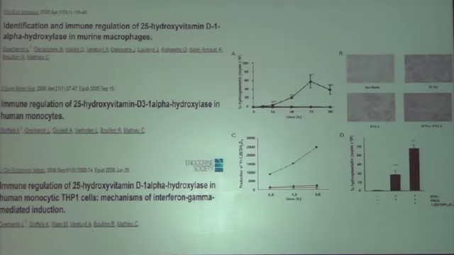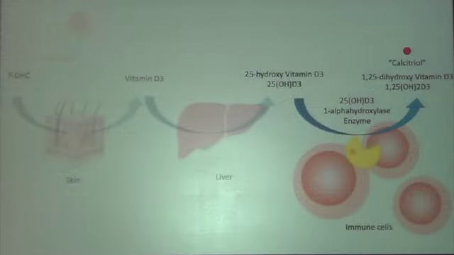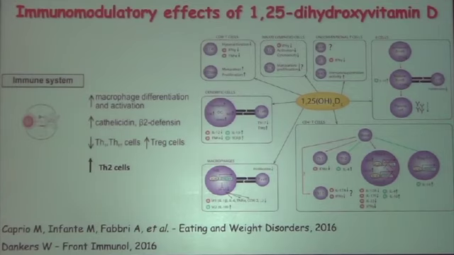Moreover, the rate-limiting enzyme of vitamin D metabolism, 1-alpha-hydroxylase, is expressed in antigen-presenting cells, in both murine and human antigen-presenting cells. And so these cells are therefore able to synthesize calcitriol under specific immune stimuli, such as interferon gamma. Calcitriol can so exert several immunomodulatory and anti-inflammatory effects, mainly downregulating the adaptive immune response, inhibiting the antigen-presenting ability of